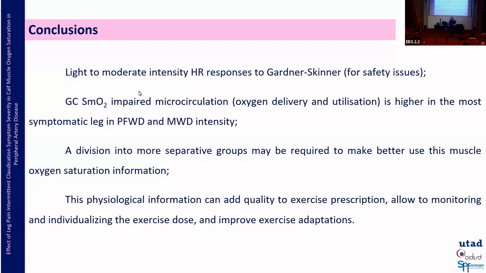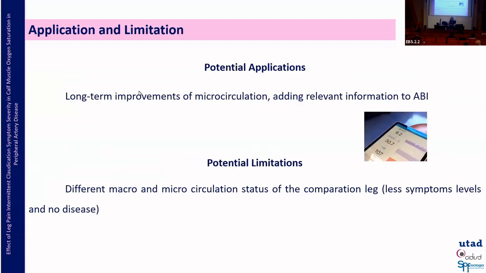We believe that a division into more separate groups may be required to make better use of this muscle oxygen saturation information. This physiological information can add quality to the exercise prescription, allow monitoring and individualizing the exercise dose, and improve exercise adaptations. We understand that for long-term improvements of microcirculation, this type of variables can add relevant information to the ankle brachial index,